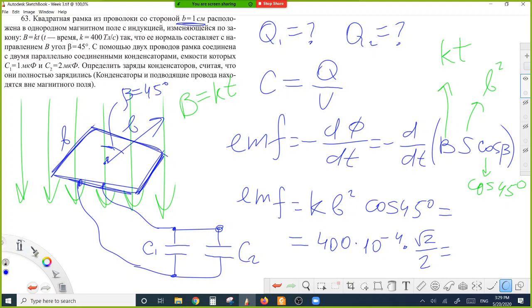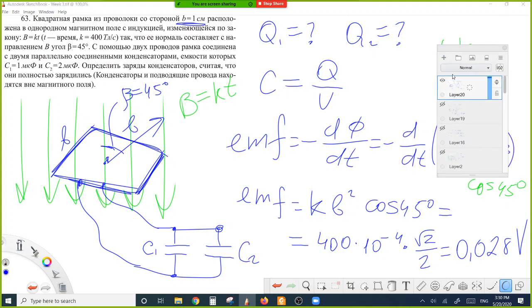Okay, 400 multiplied by 10 to minus 4, 0.028. Electric motive force is equal to 0.028 volt, or 28 millivolts. Now